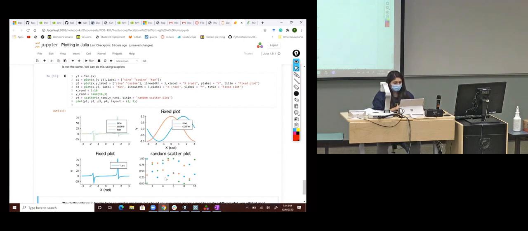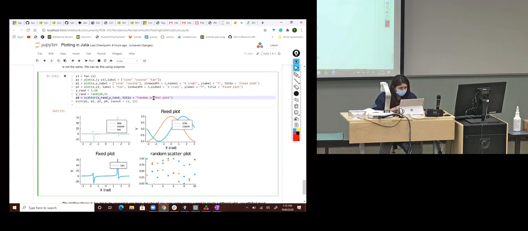And sometimes, let's say I just wanted a random scatter plot, where x goes from 1 to 10, and then y goes from any random number. It's 3 columns, and then 10 random numbers in those 3 columns. And I'm just going to call it a random scatter plot. It wouldn't make sense to plot it with my sine and cosine,